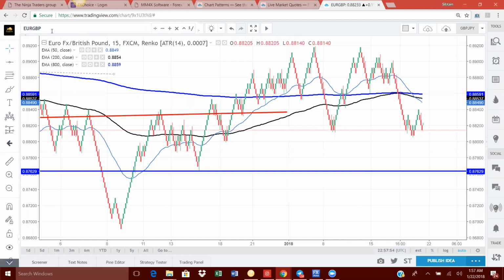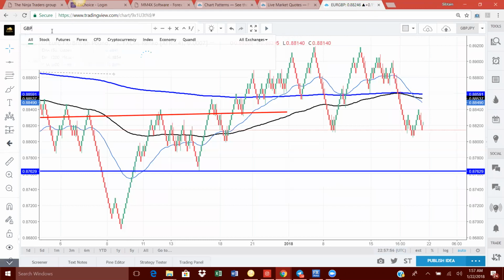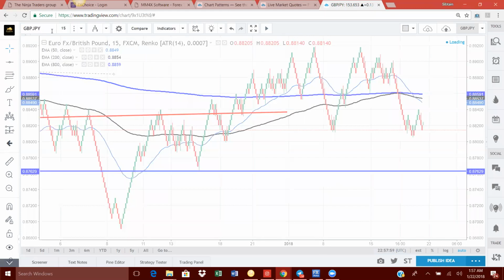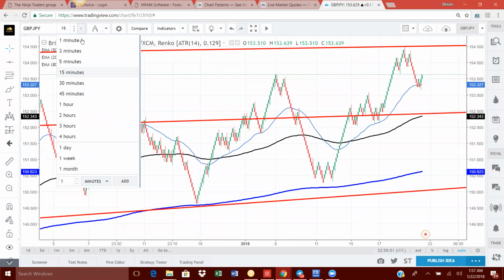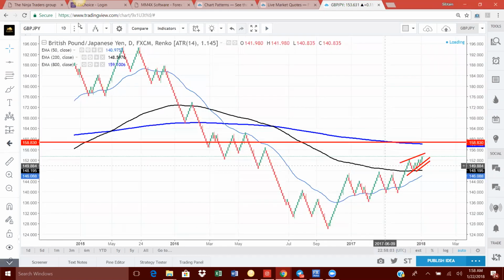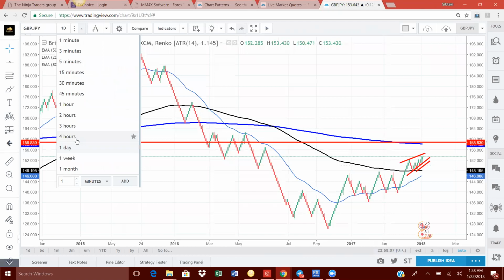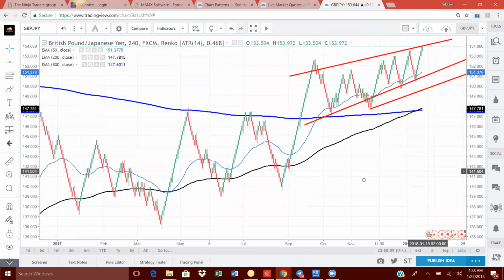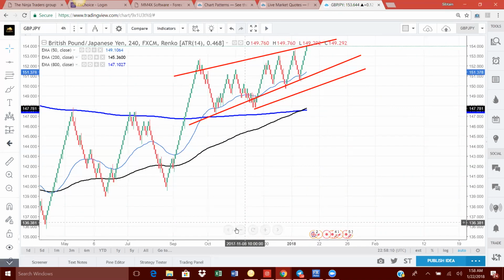That's my review, but my big pair is GBP JPY for nice setups, as I showed you, on the monthly, on the weekly, on the daily, and on the 4 hour. So you see,